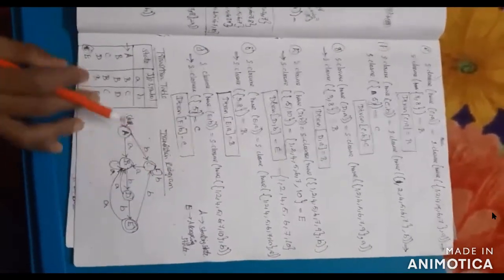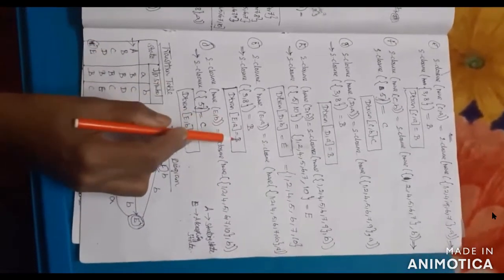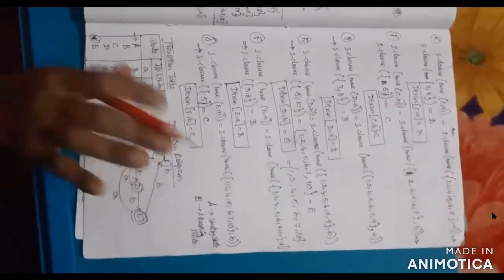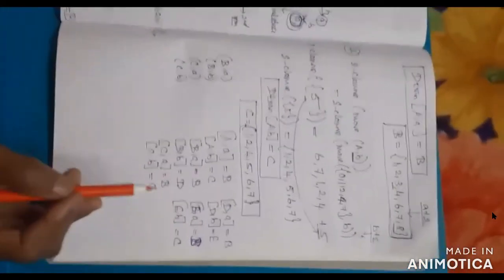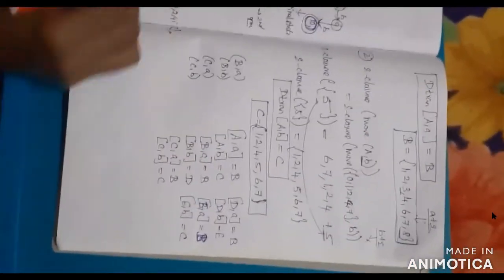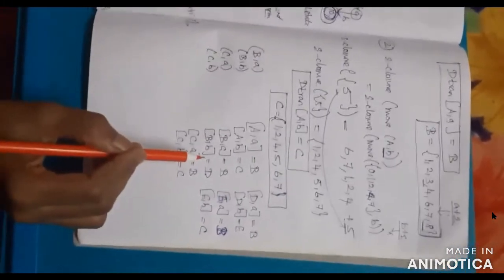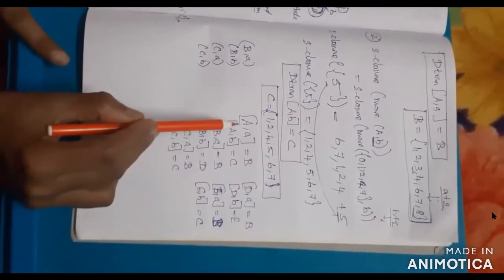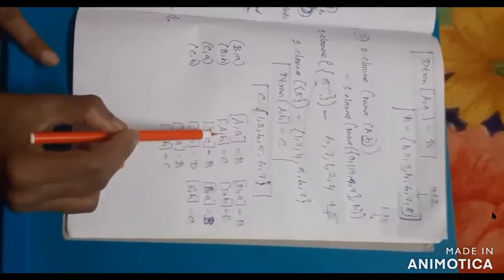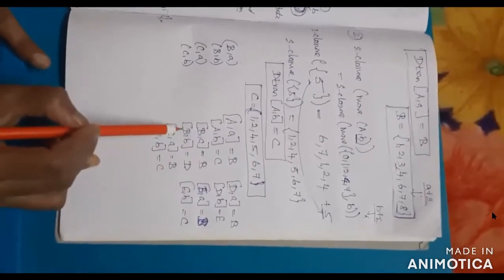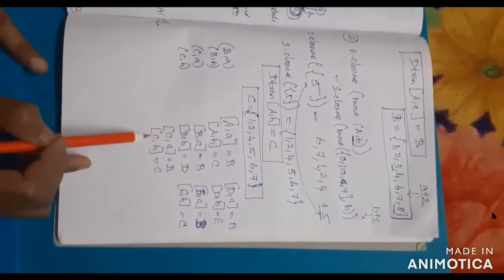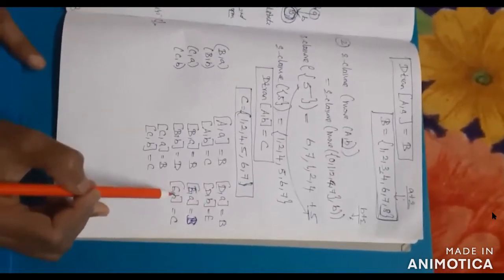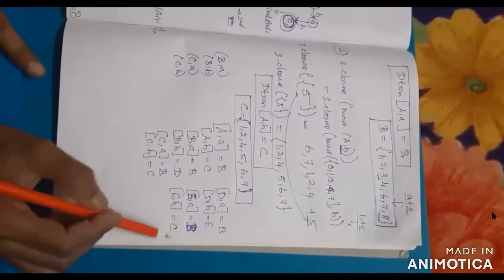So what is the value? Next, E comma A will be equal to B, E comma B will be equal to C. So based on solving all the input symbols A and B, you get the output. You get the output: A comma A equals B, A comma B is C, B comma A is B, B comma B is D, C comma A is B, C comma B is C. Similarly D comma A, B and E comma A, B. So this is how you can solve the problem.